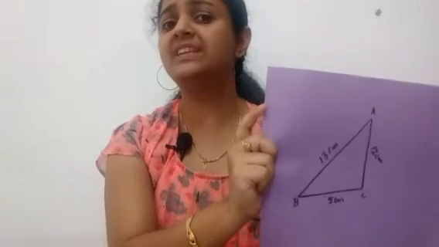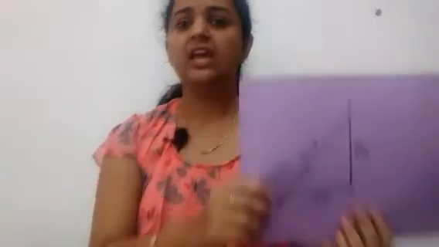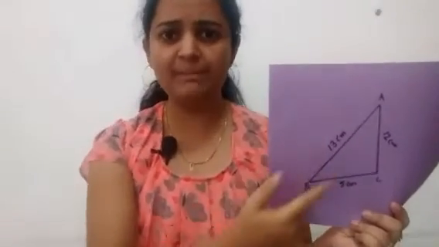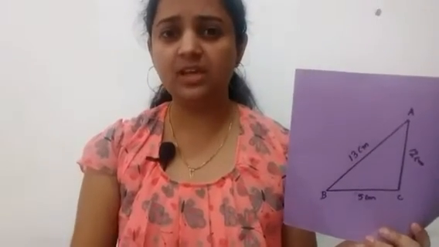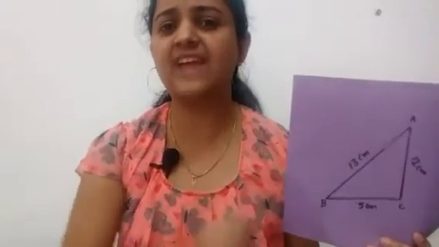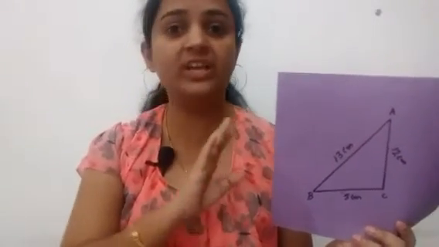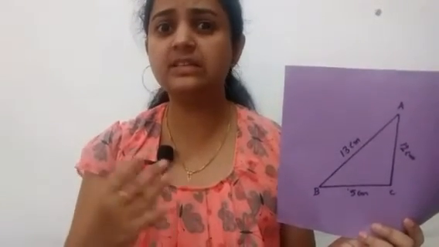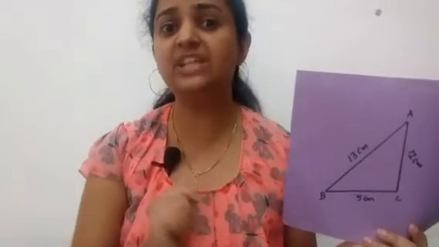And how will we obtain the area? How can we find the area of this triangle? We know the equation: half into base into height. We know the base; any side we can take as base. But one thing, we can't find the height of this triangle that easily. Like the isosceles triangle, we can't get the height of this triangle easily. It is a time-consuming process. We need to apply a formula to do it fast.